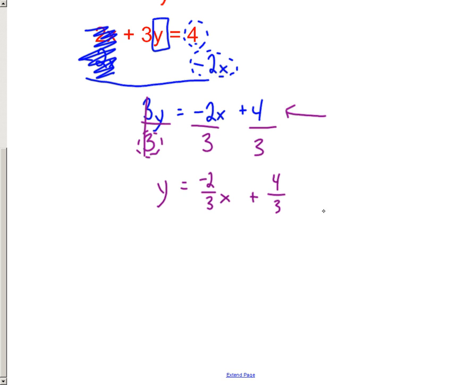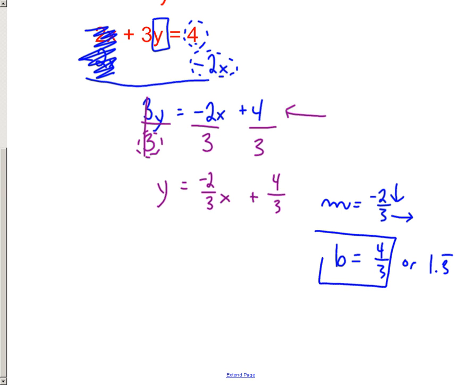And now I know that my slope is negative 2/3, so I would go down 2 and to the right 3, but I need my y-intercept point to actually be able to start, and it will be at 4/3, okay, or 1.3 repeating. And I won't give you anything that's as rough as trying to graph that. I'll stick with the integers and whole numbers if I actually ask you to graph it, but we do need